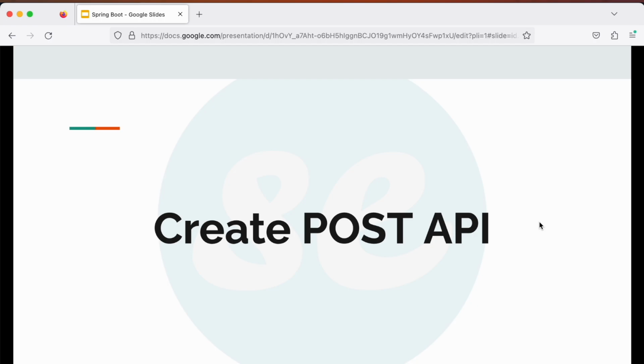Now let's talk about the POST API. When we want to insert some data or create some new information on the server, then we should create the POST API. Let's suppose we are building some user management system and whenever a new user is getting registered, we need to create one API for that. For that we will create the POST API, and whenever we get the data for a certain user or multiple users, then we will create the GET API.